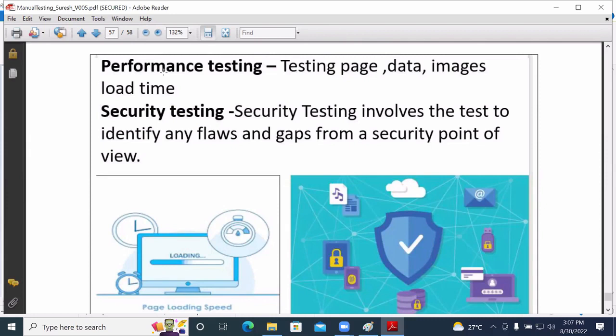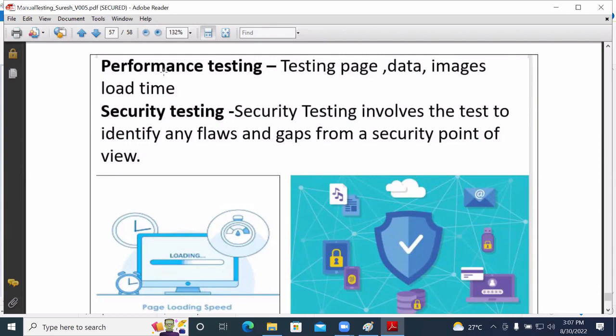How much time it takes to load that particular page.